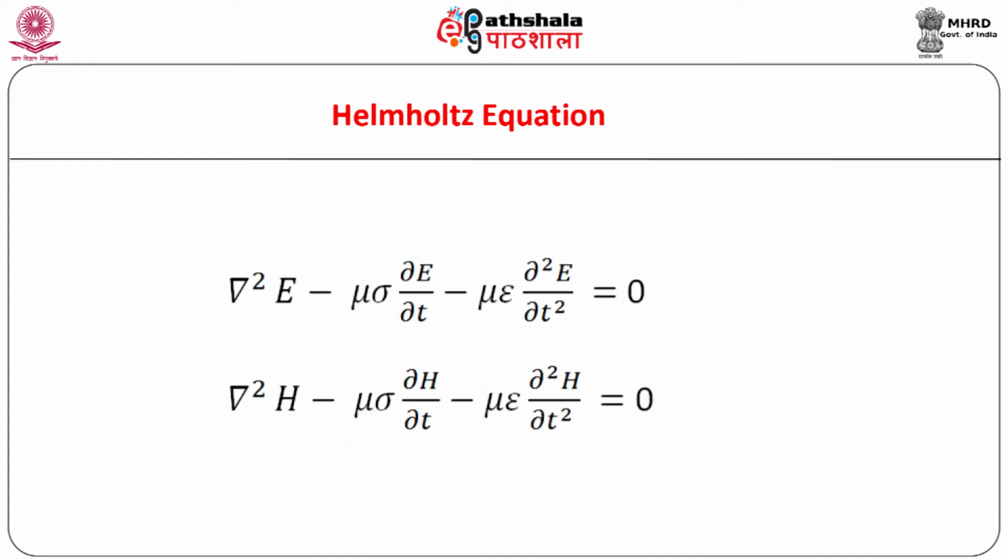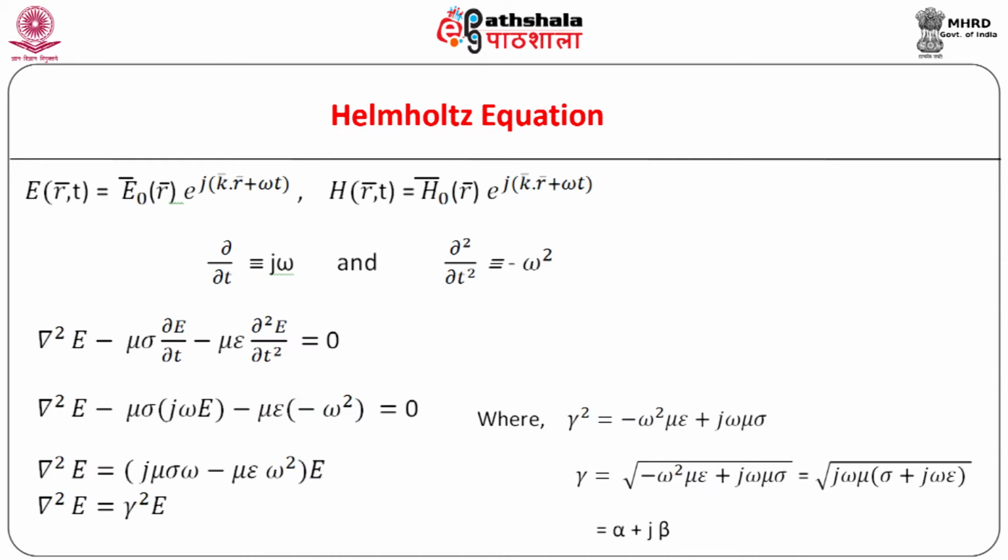We know that starting with Maxwell's equations, the wave equations for E and H vectors which we can derive are as shown. If we consider sinusoidally time varying electric and magnetic fields, then these equations take the form of Helmholtz equation, but in vector form. Let us have a look at the steps involved. Here we obtain the same result for gamma in the case of magnetic field vectors also.